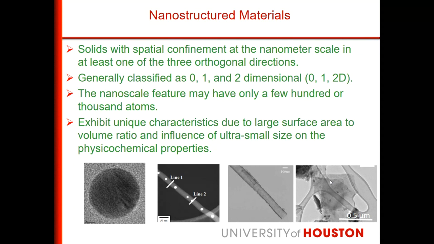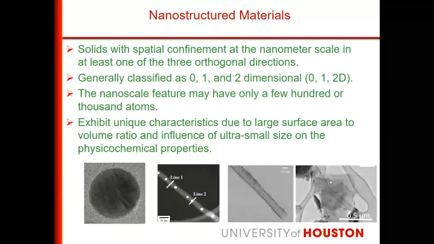So that is why it is called a nanoparticle or zero-dimensional material. For example, if you take a nanoparticle or a quantum dot, it has only a few hundred atoms or 1,000 atoms. That means we are utilizing some of the unique properties of the atoms. That is the benefit of these nanostructures. We can find some of the unique properties and exploit them for different applications we are interested in. So these are the three different types of nanomaterials.